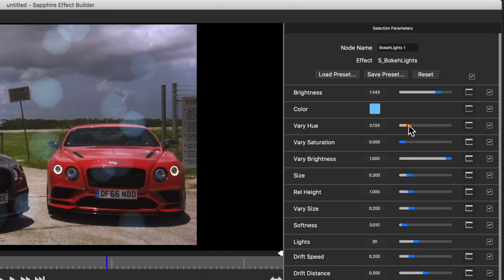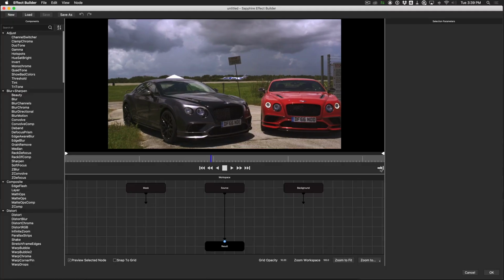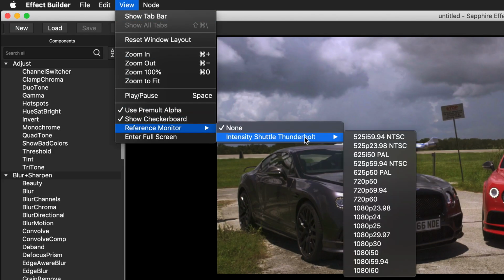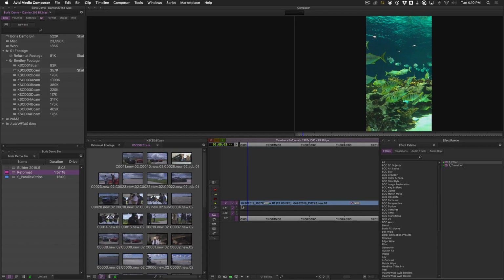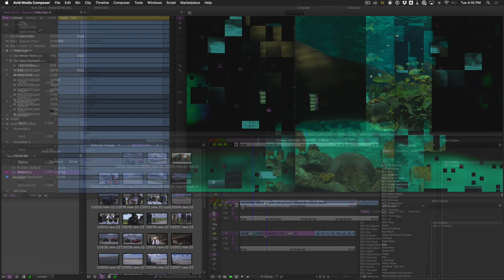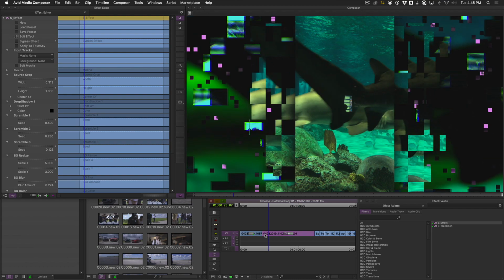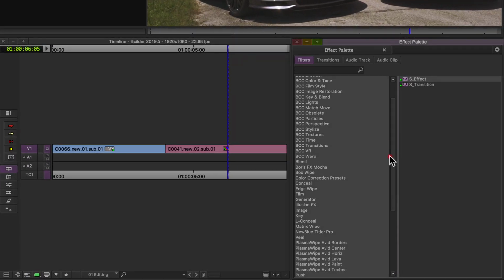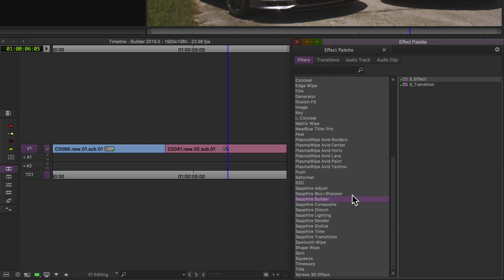Hi, it's Damien LeVeck, owner of Skubalon Creative, here to show Avid users what's new in the builder of the 2019.5 release of Boris Sapphire. Additionally, using the builder, I'll show you how to create a stylistic effect for reformatting video of a different aspect ratio. You'll get into the builder the same way you always did by finding the Sapphire Builder category in your